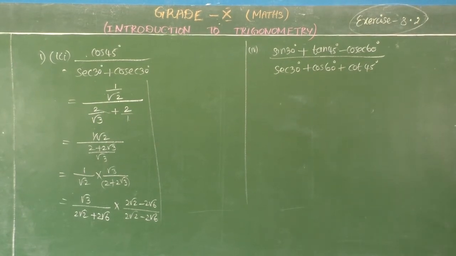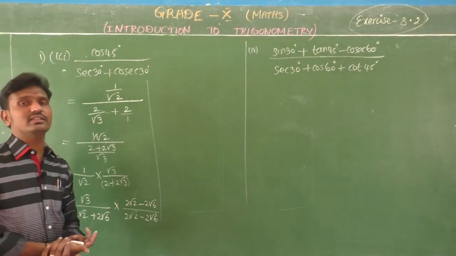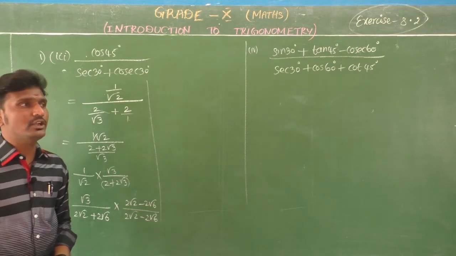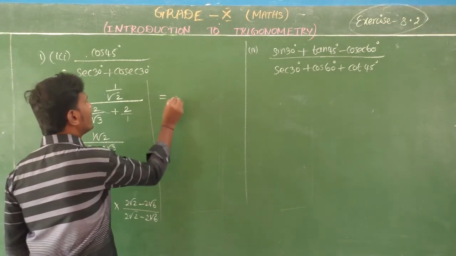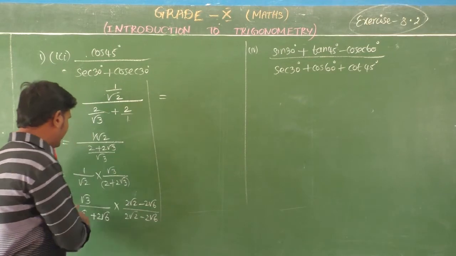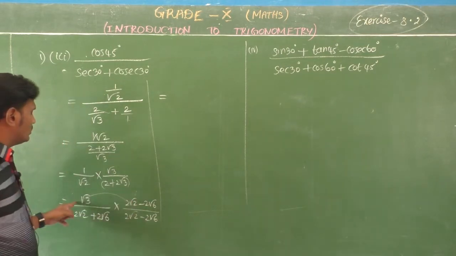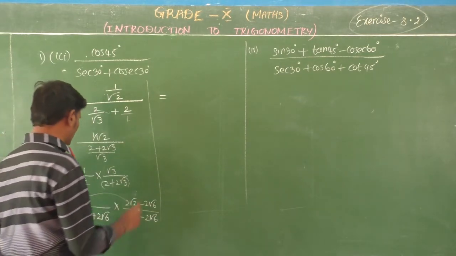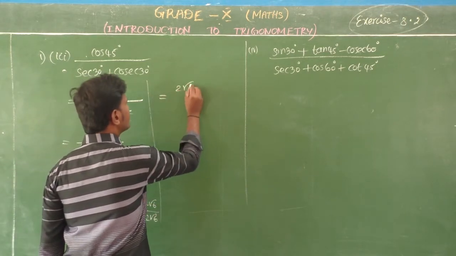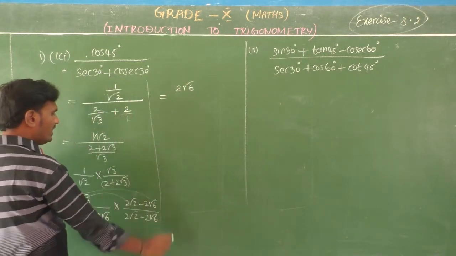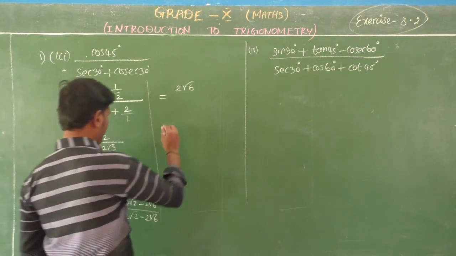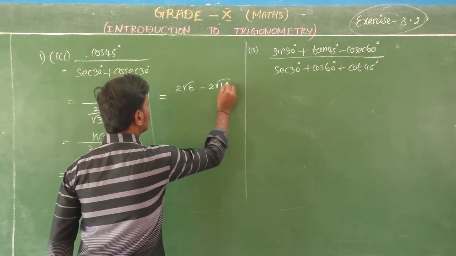That is, what is the denominator you have, we want to take a plus minus. Already you know that rationalizing the factors in chapter number 1, no? So that is the conjugate. Okay, so which is equal to, and directly you need to multiply root 3 into 2 root 2, it will come 2 root 6. Then root 3 into minus 2 root 6, it will come minus 2 root 18.